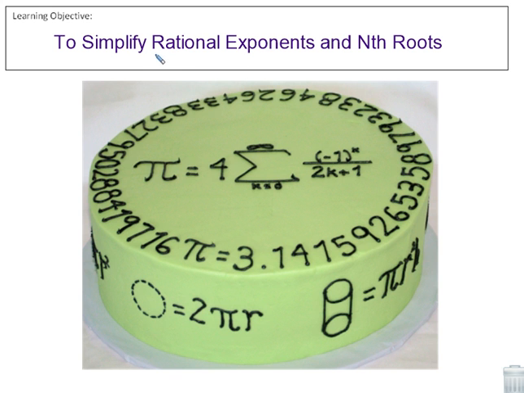Today we're going to talk about those rational exponents a little bit more. Those were those fraction exponents that we had from the last chapter or last section, and we're going to talk a little bit more about those nth roots, like the cubed roots and the fourth roots and all that fun stuff. All right, so the first part of this lesson is going to deal with kind of a review from